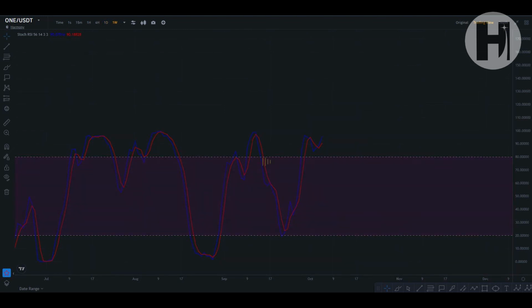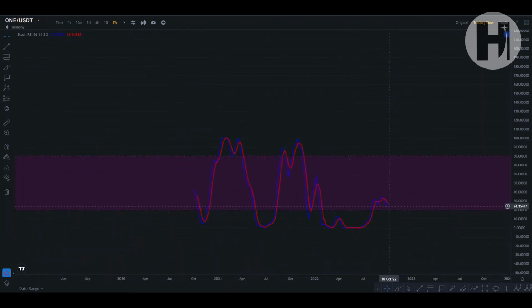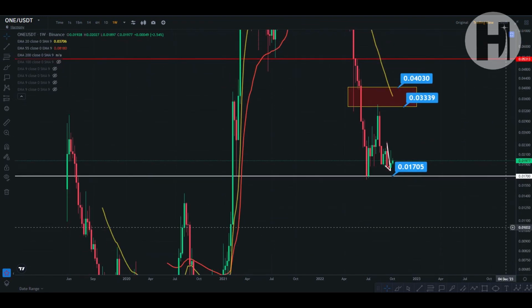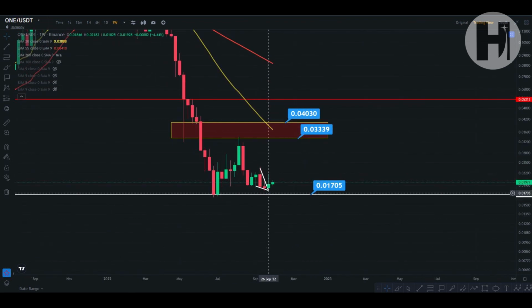Then you should go to the weekly chart to see what's going on over there to get a better idea. And you can see that here the stochastic is actually very near the bottom and very near the oversold zone. And if you take a look at the weekly chart here, then you can see that you're slowly starting to recover from this low. So potentially this was our low here printed September 19th, and we're starting a move to